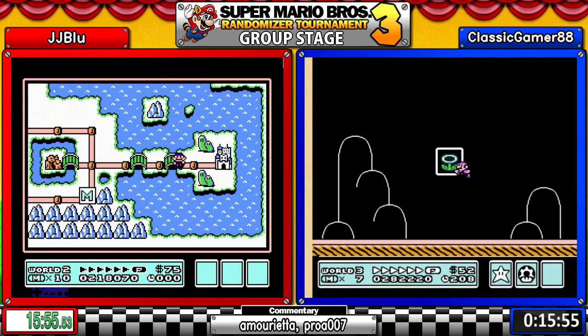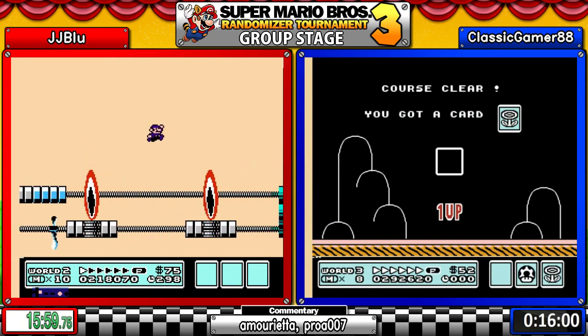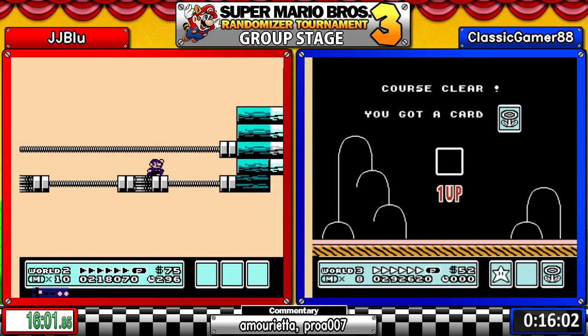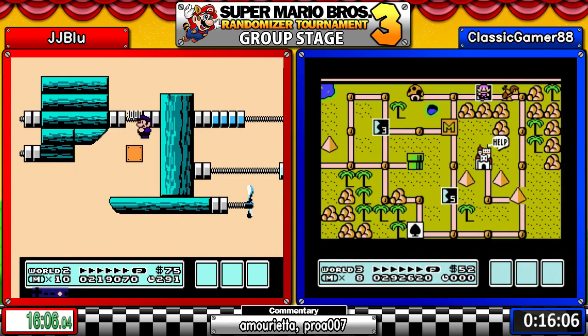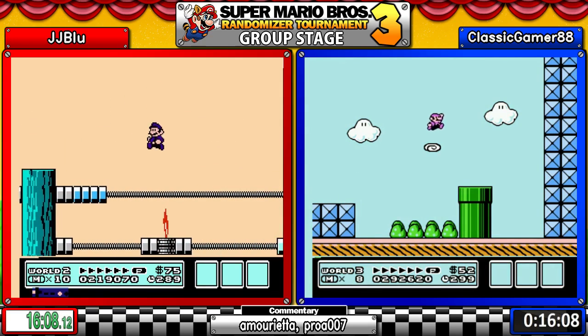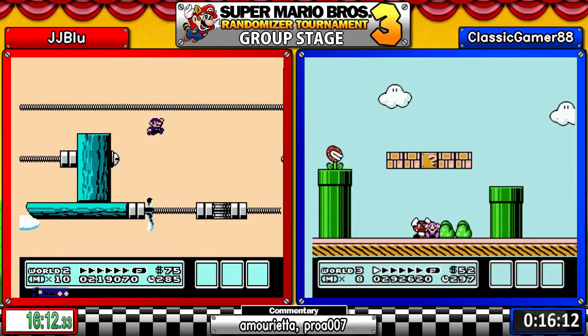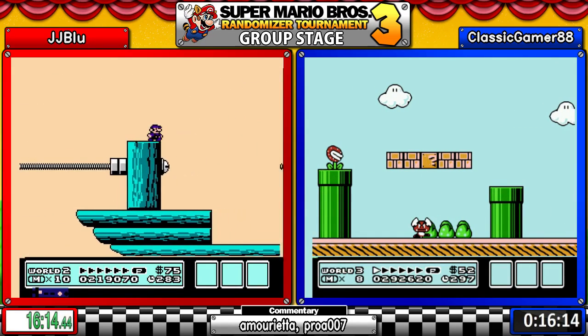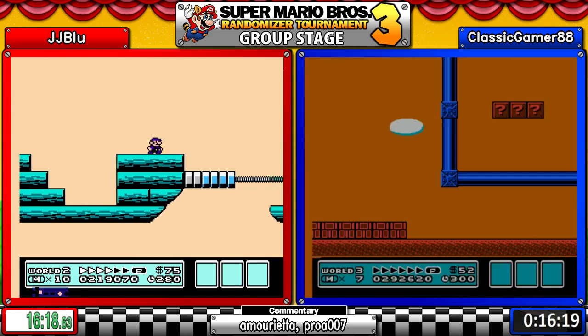He's good on lives though. That's the good thing here. Certainly don't want to have to do this entire world again. Yeah, the 5-ups he's been accumulating are actually bearing fruit for him. Classic validates his cloud use, but he is not interested in playing 5-3, and I don't blame him. 5-3 is a long level. Yeah, if you've got a choice, go for...